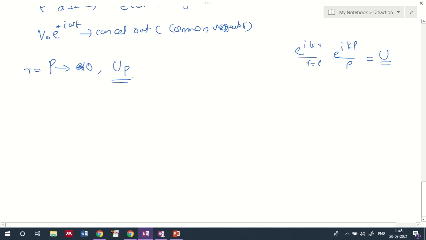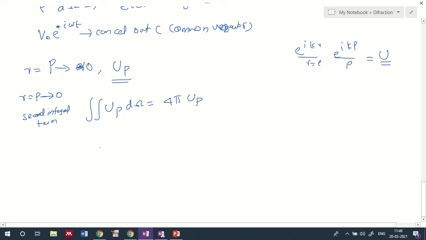So consequently, the second integral will have the value, we will be getting, double integral of up dσ will be equal to 4π up. Okay, so this is the condition when ρ tends to 0, r equal to ρ tends to 0, we will get a double integral of up dσ. This is the second integral term, which is approaching this value.